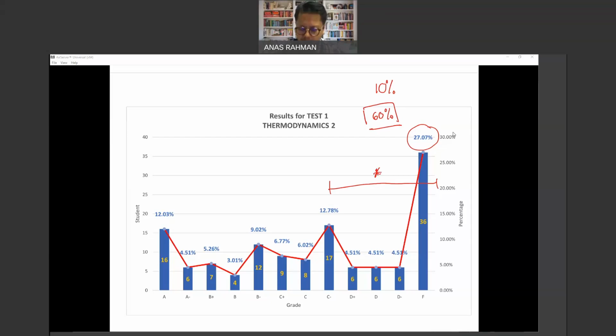Because right now, even though you have access to recorded lectures, I think students just were not prepared during the test. I was so surprised when I saw the answers. Some students did not even bother to try to answer the questions. It was as if you were looking at the questions for the first time. Obviously the questions are not the same as the ones we did in the tutorial, but the fundamentals are the same. So I'm quite frustrated